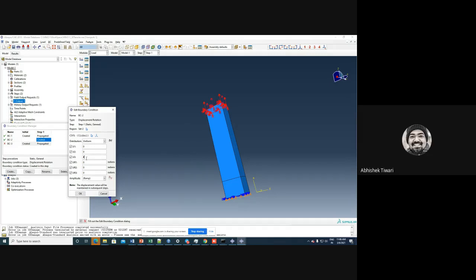Although I stopped the rotation in the last model, it didn't stop the rotation. But if I stop the U1 and U2 on the face where I have applied the displacement, that appears to stop the rotation.